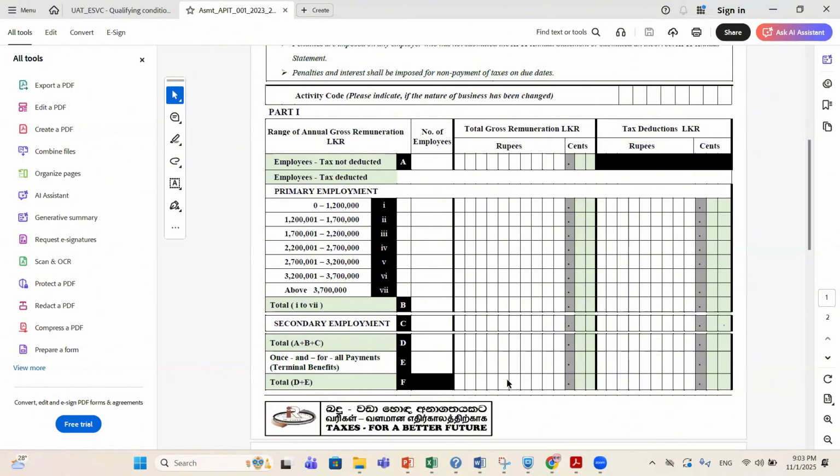The officer may ask to reconcile these two items. I mean, reconcile the employment cost in the P&L with your APIT return. So if you do not enter the right amount here, there will be some issue. That is why it is important to enter all these things correctly, right? Any questions?